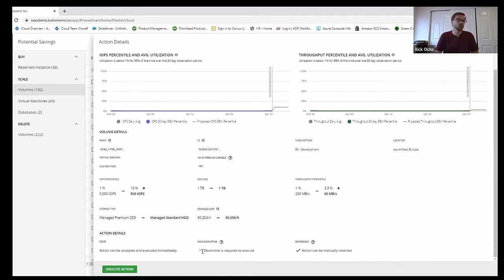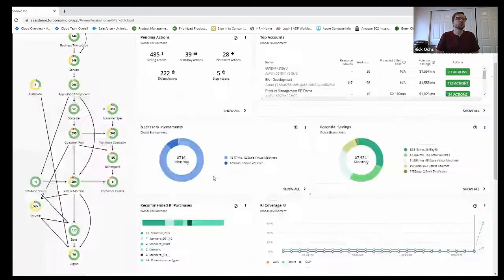Now on Azure, there is downtime to execute most storage scaling actions except for ultra storage, which does not take downtime to scale. So just be aware of that. If you are using ultra storage, we can scale that with no additional downtime, and it can be very successful because you can scale IOPS and throughput independently of each other, which is very powerful. So those are some of our scale actions. Note, we also have